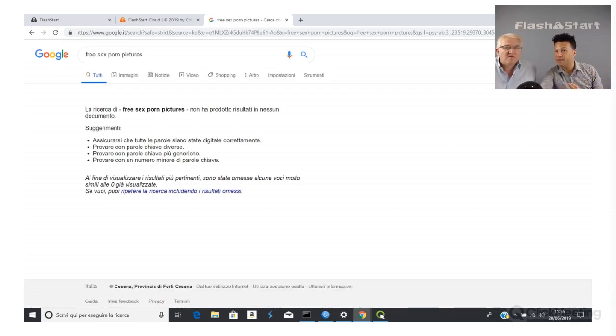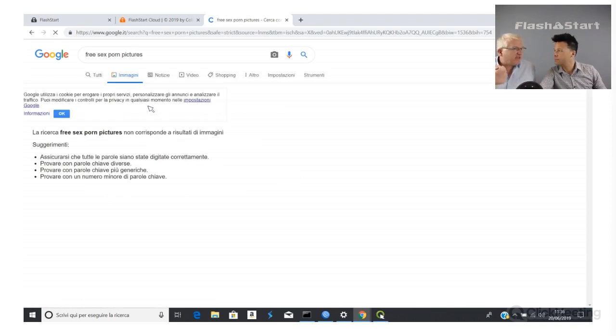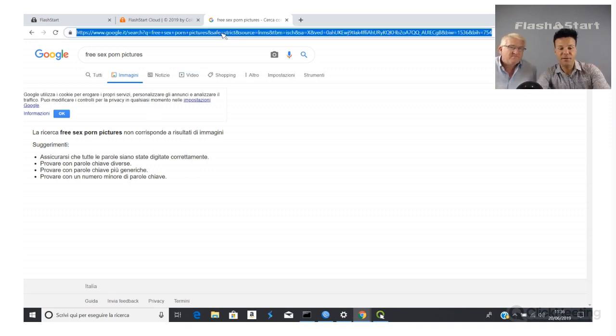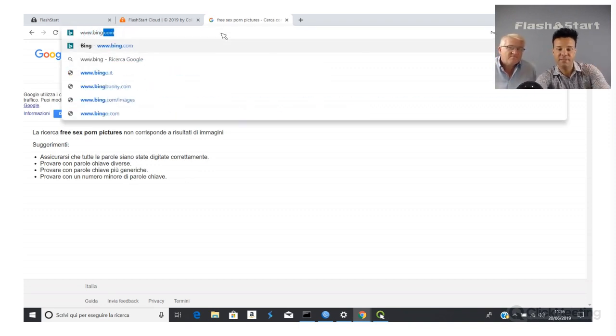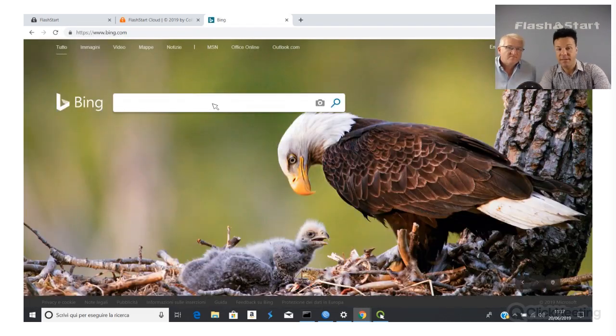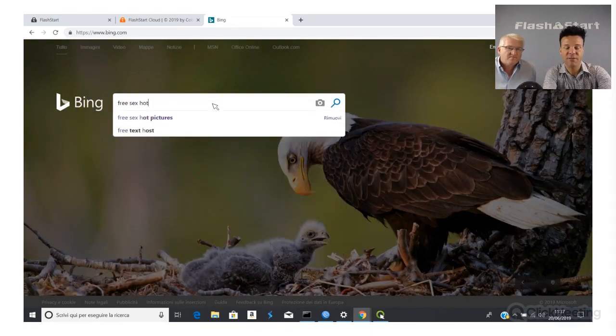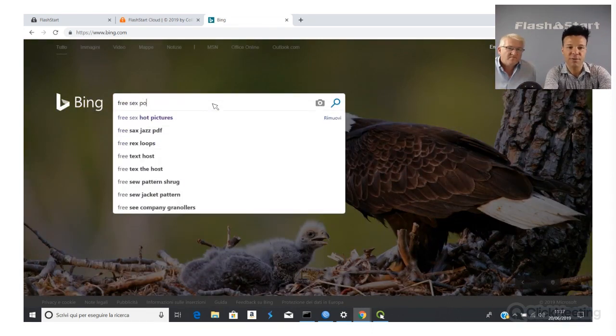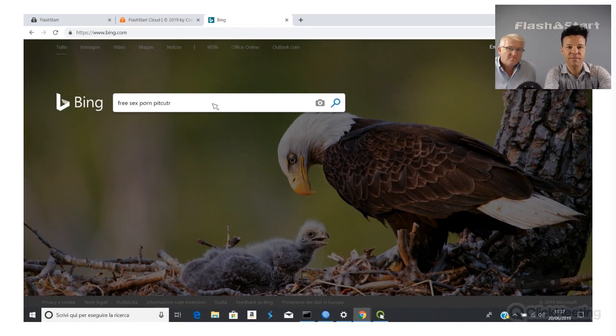And says search is active, the browser is in Italian, sorry, but people cannot disable, because we natively integrate Google APIs. Yeah. So let me just say that for the smart user who goes and changes the DNS in his stub on a device, it's protected. That doesn't make a difference. No. Yeah. Let me try with Bing. Bing is a quite widespread browser. Same pattern, search hot, search porn, pictures.